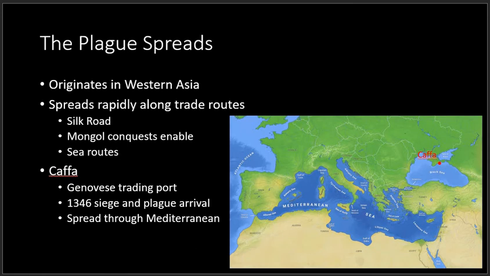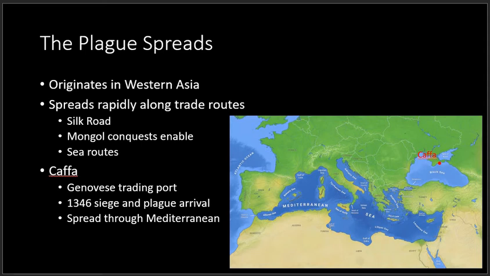The plague finally arrives in Europe through Kaffa. This is a Genoese trading port in the Black Sea. Kaffa is besieged in 1346 by Mongols. Besieged cities and siege camps are both breeding grounds for illness due to their poor conditions, and the plague, already moving west, flourishes there. There is also a story of the dead being launched by catapult over the walls, but this is probably apocryphal, or that is to say, not true. But the disease makes it inside nonetheless.